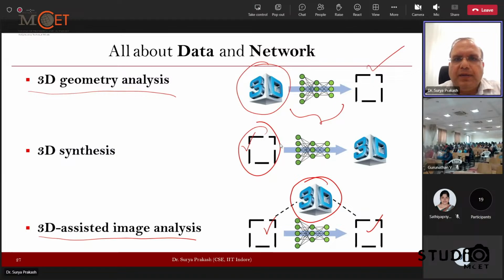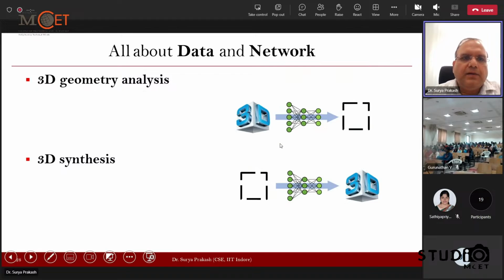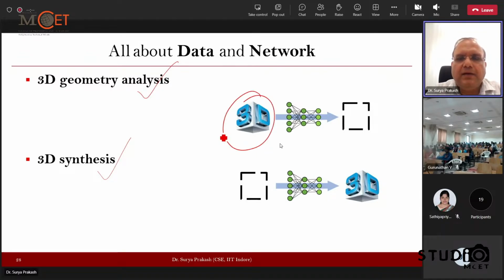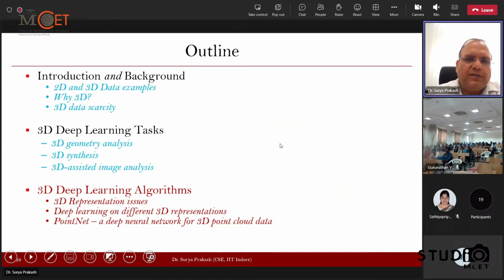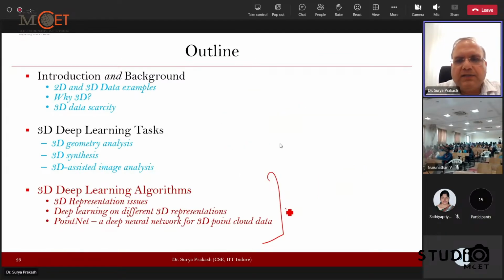Okay? So this was a brief overview of the different things that you can do with the help of 3D data. Now, if you see these two tasks, 3D geometry analysis and 3D synthesis, in these two tasks you are really making use of the 3D data, but in the third case, 3D assisted image analysis, your input and output were both in the 2D domain. Only during the processing you are making use of the 3D data. Okay. Now let us move forward and discuss the main part of this session, which is the use of deep